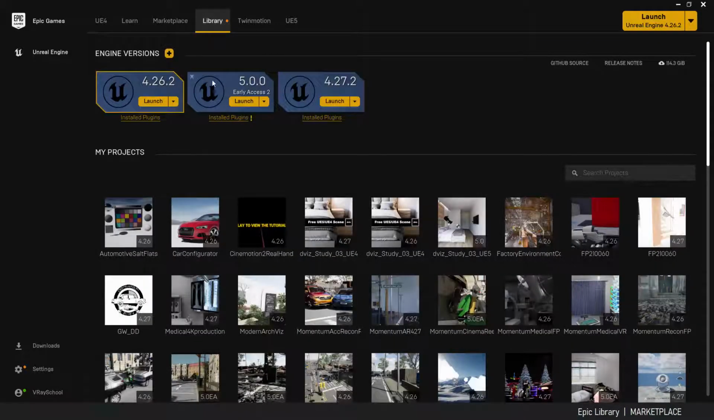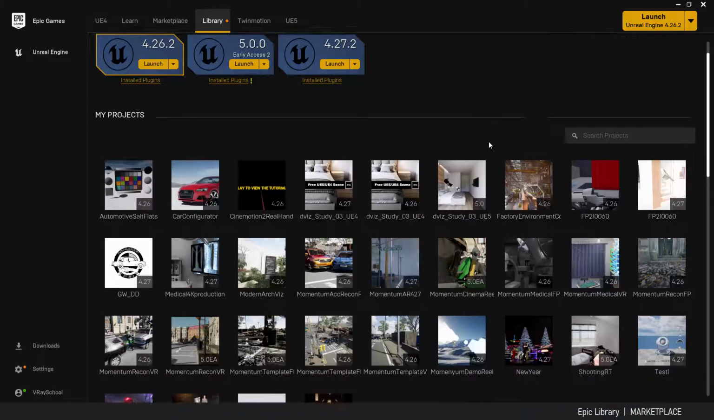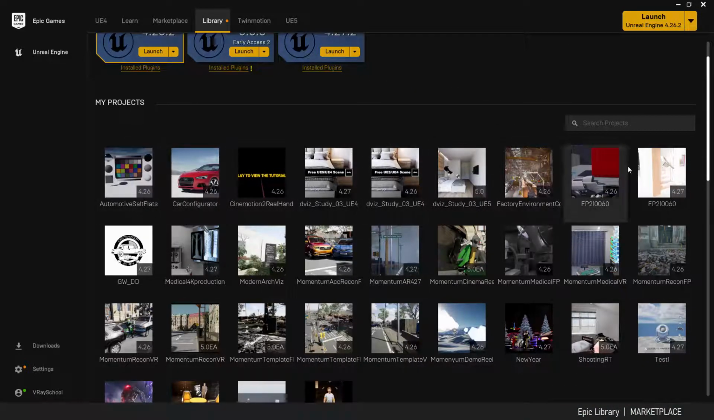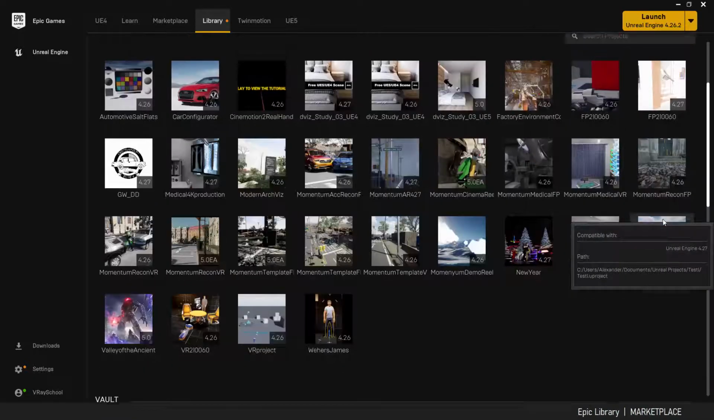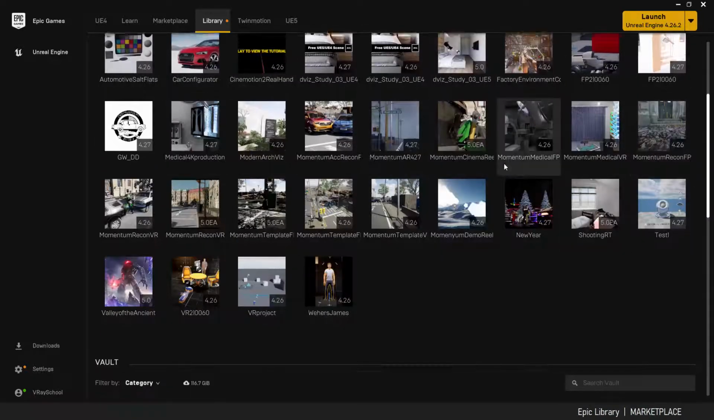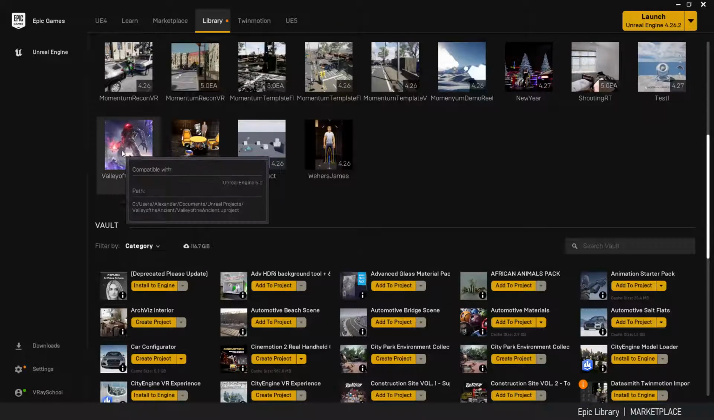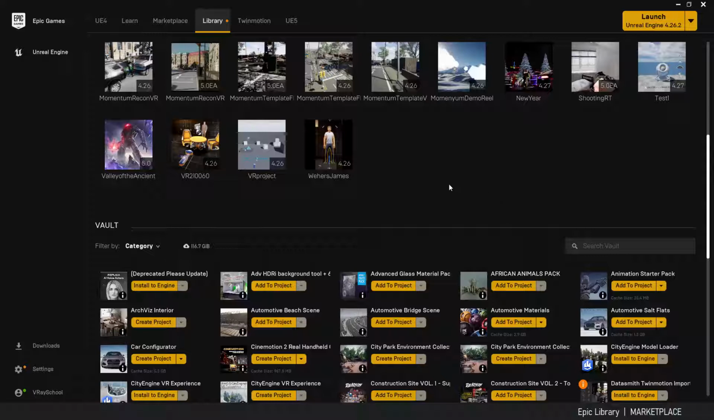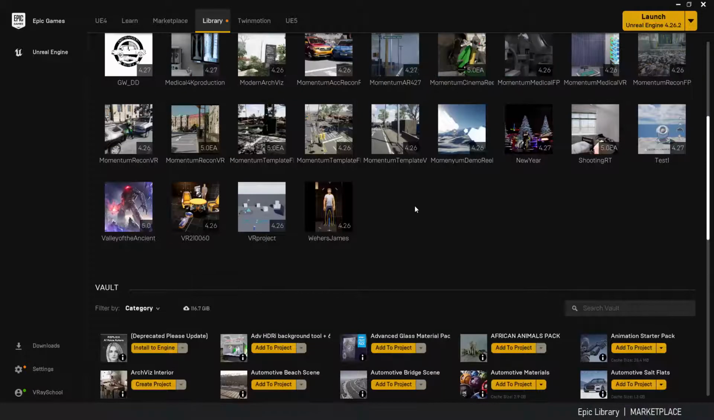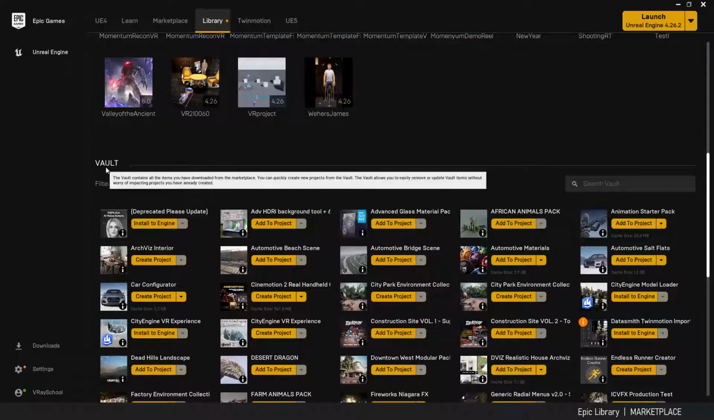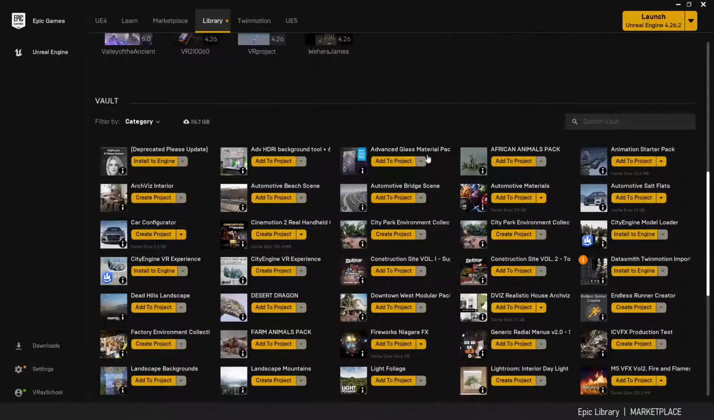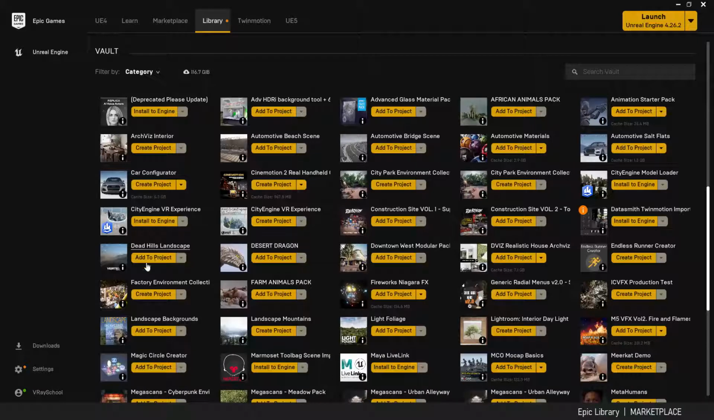This is our library. This is where we launch our Unreals, update, add new versions, and all this stuff here are my scenes, my latest scenes that I was working on. There's a lot of free scenes that you can download and just open and see how the stuff has been built. And down here I have the vault. This is, I guess, all those things that I purchased. Some of them are free,